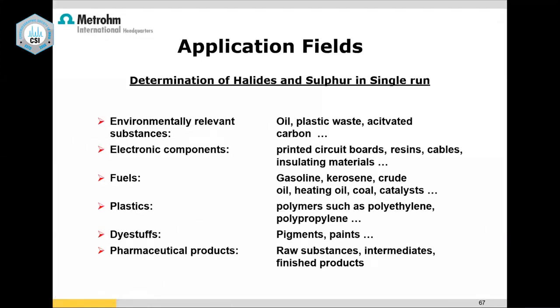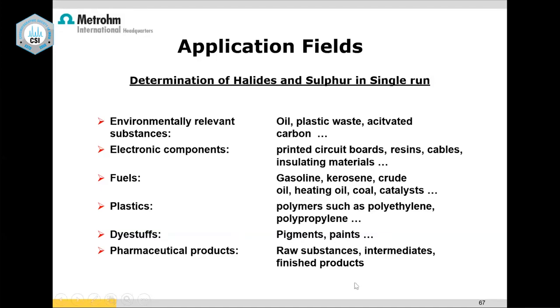Other analyses are like printed circuit boards, resins, cables. You know that cables and printed circuit boards have a limitation on chloride and bromide being used in the adhesives. Because if there is a fire, it may lead to a lot of smoke. That means it may lead to some ecological disaster. So there is a limitation. Only so much amount of chloride and bromide can be used. Similarly, polymers. There is a company using our system where the inner aircraft parts are made of these polymers only. So they are monitoring continuously the sulfur content in that.